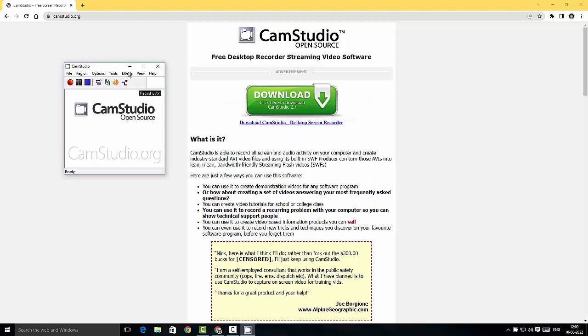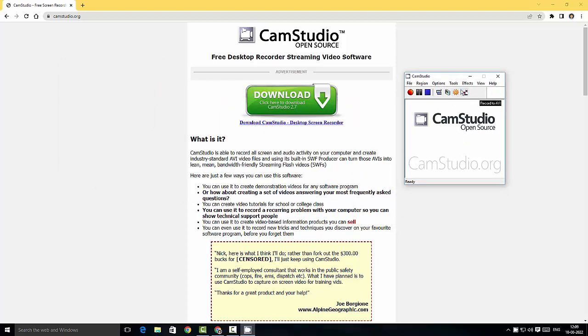There you go. This is the actual user interface of CamStudio. This is a pretty simple interface if you ask me. I'm just gonna quickly hover over this record button here, which is pretty basic. You just click on the record and then screen starts to record. There is a pause button and there is a stop button as well. And I'm not sure what this button is or are there any other buttons here. So I'm just gonna quickly